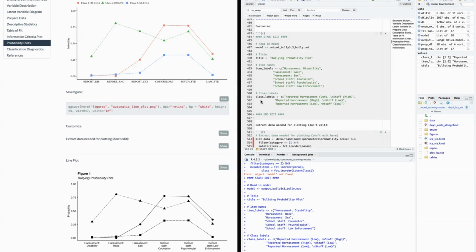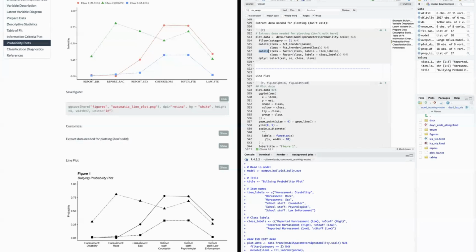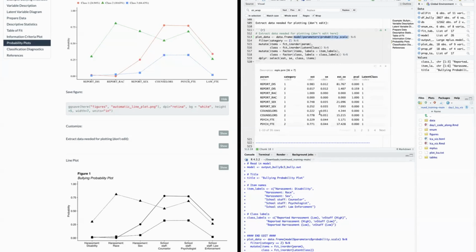And then what's unique and different from our previous one is that we are actually creating class labels. By now we've already looked at these different classes that have emerged and have come to some sort of descriptive label that can be useful. Now, in the next code chunk, we don't want to edit anything that is in between lines 511 and 520. What is happening is that we are extracting our data at this point in time. So if we go ahead and print this data so I can show you what it looks like, this is the information that we're extracting